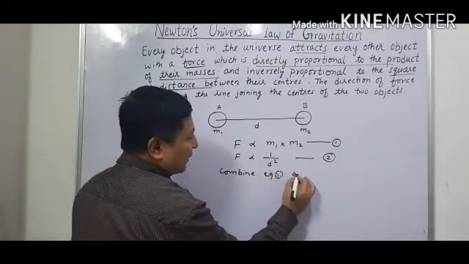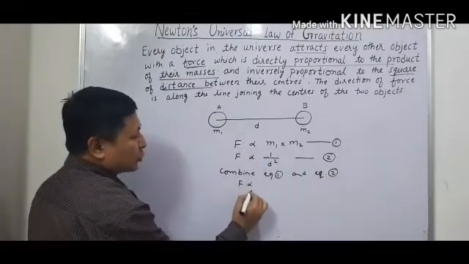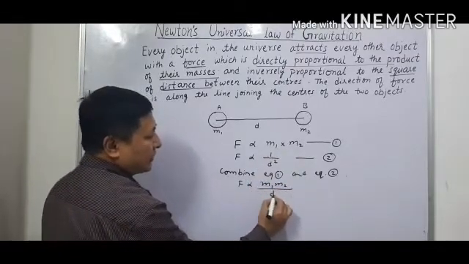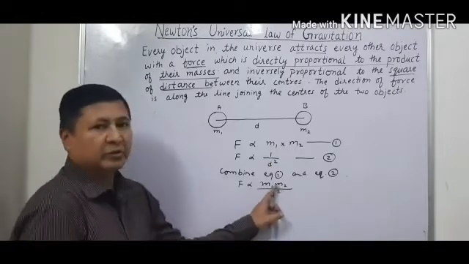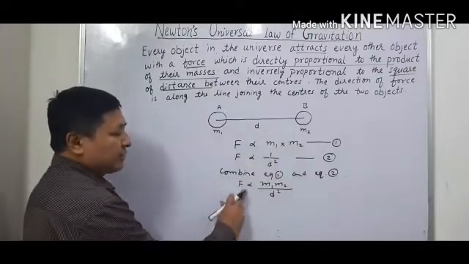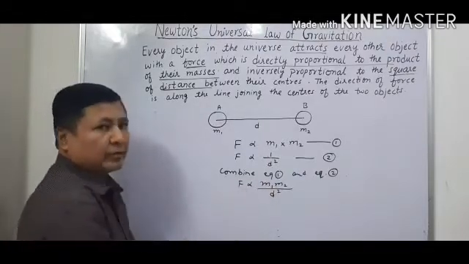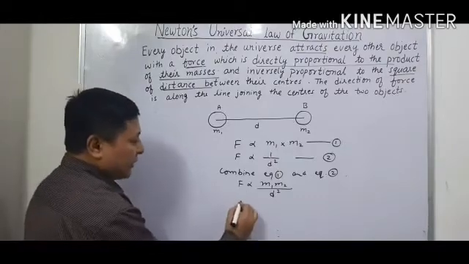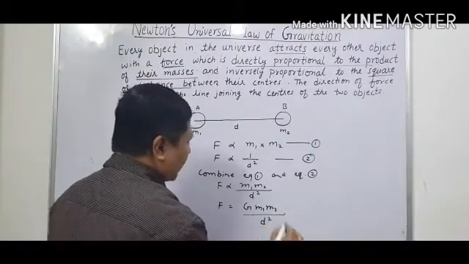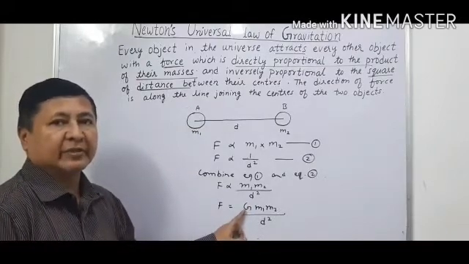then the force will be proportional to m1 m2 upon d square, where m1 into m2 is the product of the masses, and d is the distance between these two objects. So the force is directly proportional to the product of their masses and inversely proportional to the square of the distance between them. And when we remove the proportional sign and put a constant, F will be equal to G m1 m2 upon d square, where G is the constant of proportionality and is called the universal gravitational constant,